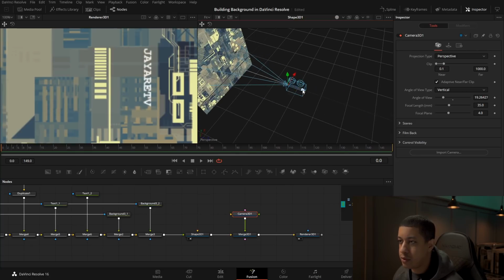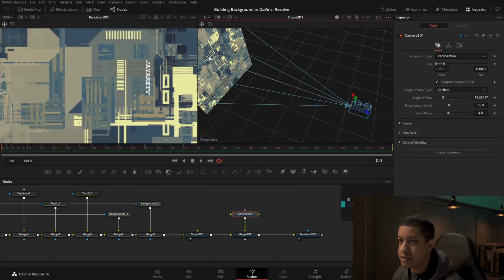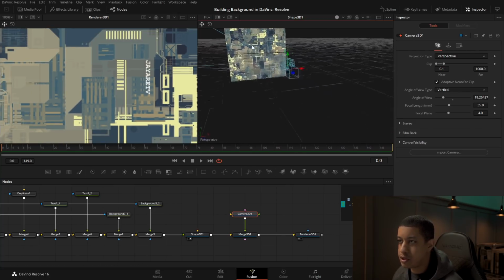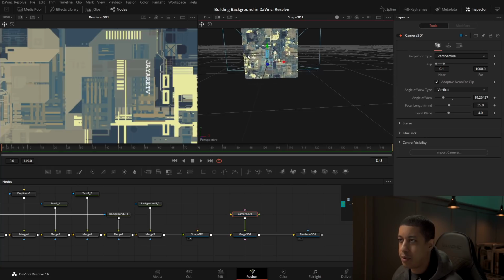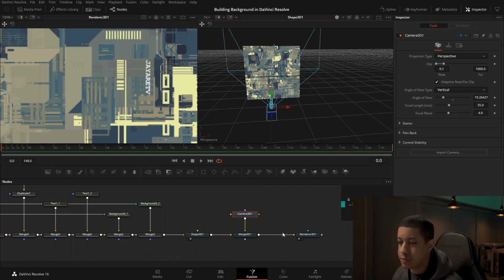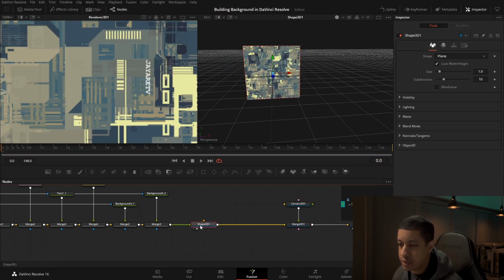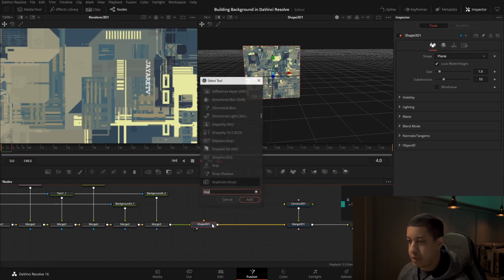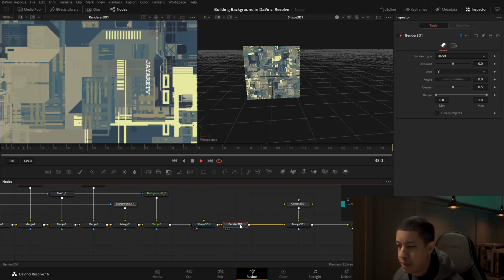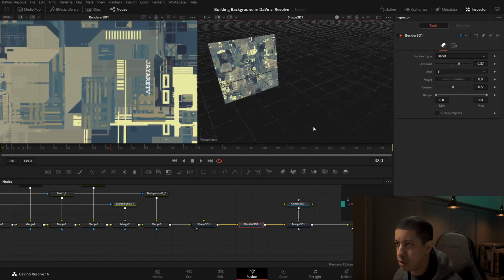And one thing that you'll notice is it's flat and it doesn't really look like the thing which we were using before, but we're at the edges here. So one thing that I was using is the bend. So if I come to the shape, shift spacebar, we can use this bender, and let's stop the play. And now we can say the amount that we want to bend.